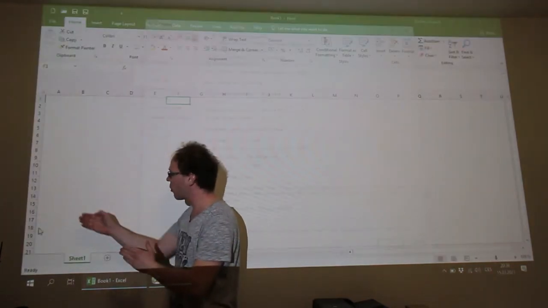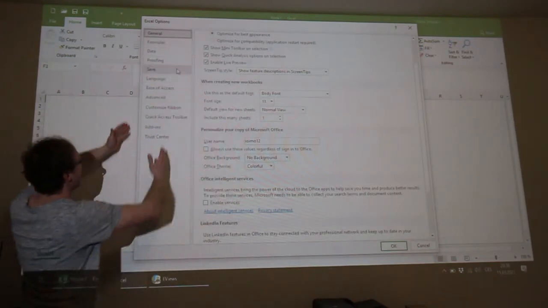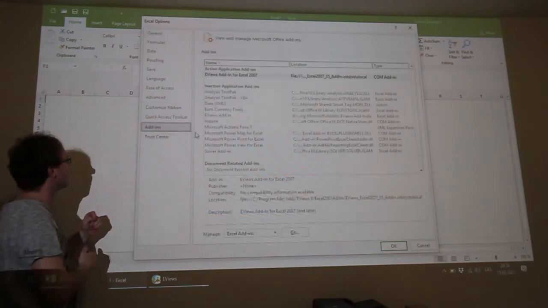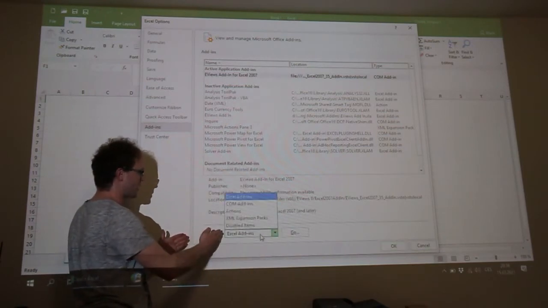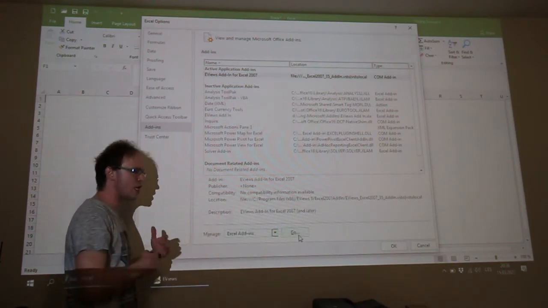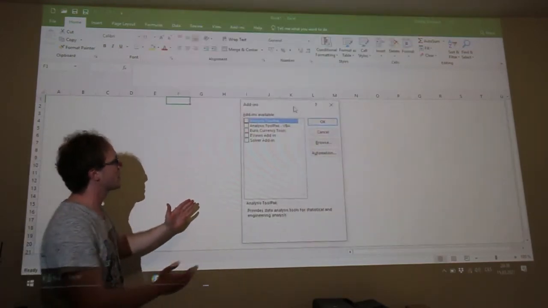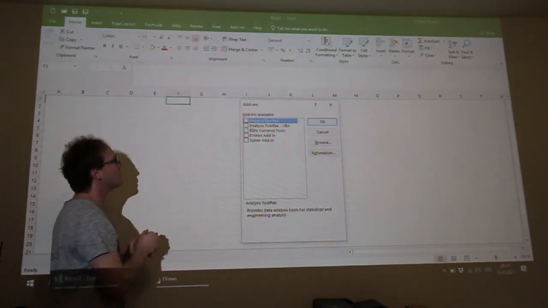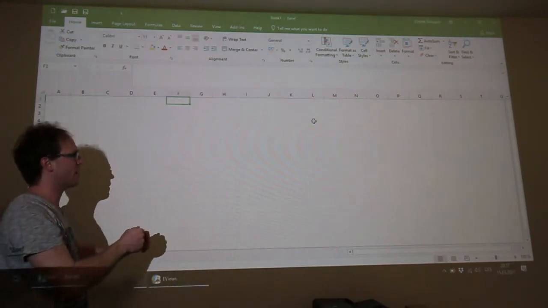Please click on Options, and you will see the window where in the left column you can find Add-ins. Click on Add-ins, and on the bottom of this window we have Manage Excel Add-ins, with a Go button with 3 dots. Please click on this Go button, and in this small window select Analysis ToolPak and click on OK.